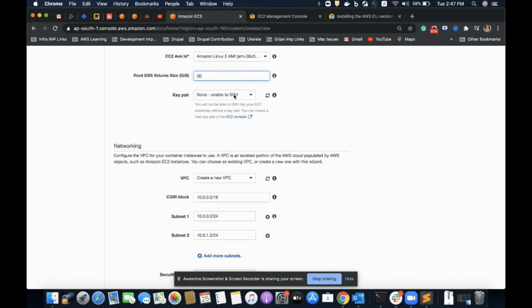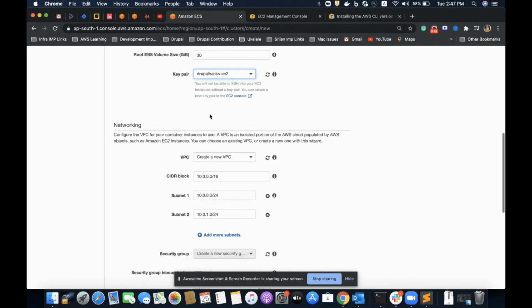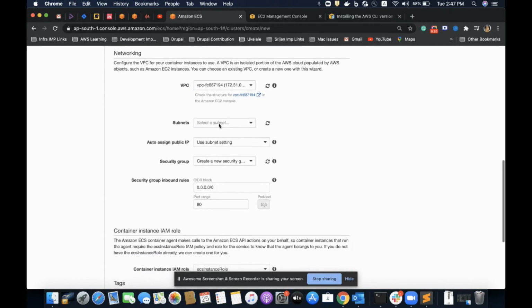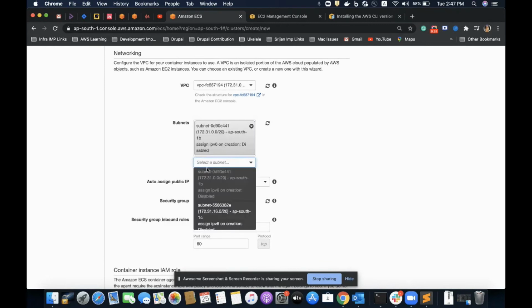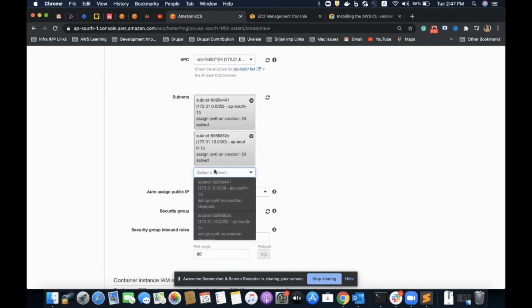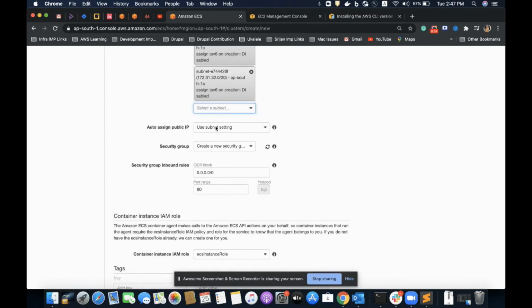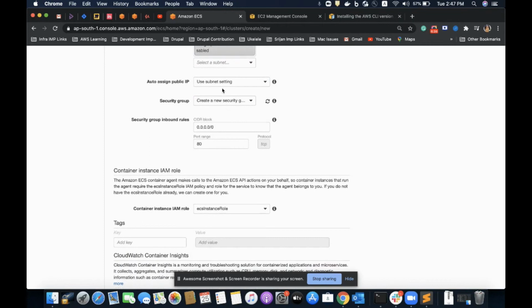I'll keep it as default. I have one key pair available, which I'll be using. For the VPC, I'll be using the default one I have right now, with all three subnets configured. I'll keep the rest of the configuration as default, using the subnet setting for auto-assigning a public IP.